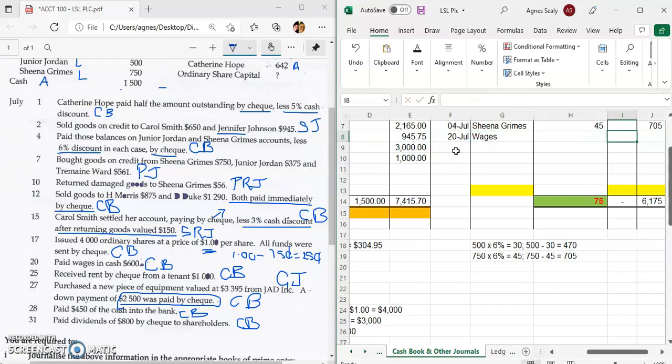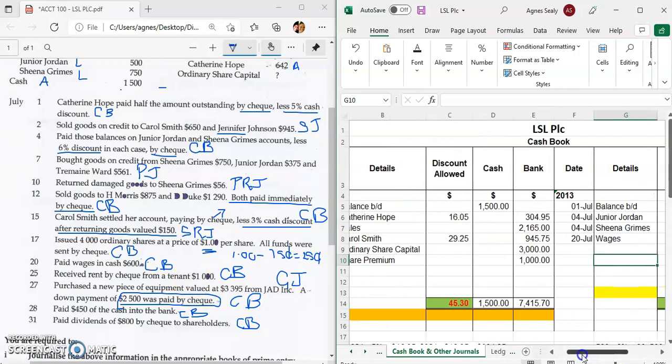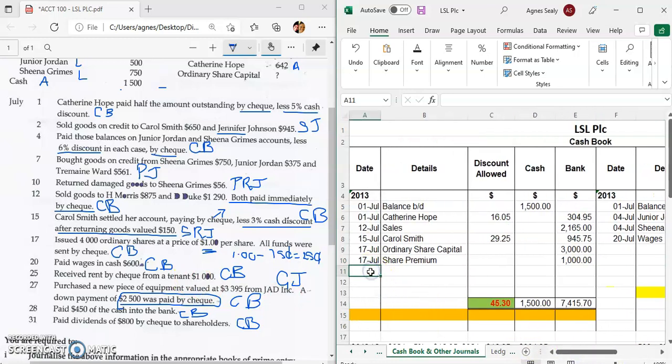Wages, that's what they paid. They use cash, so we're going to record it in the cash column, and that is $600. Then on the 27th, they receive rent by check from a tenant, so they're receiving money of $1,000. So you go to the debit side, 25th of July, rent